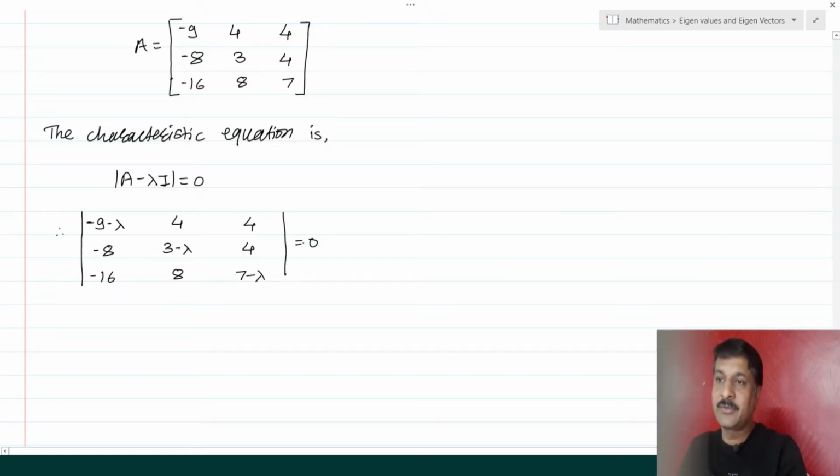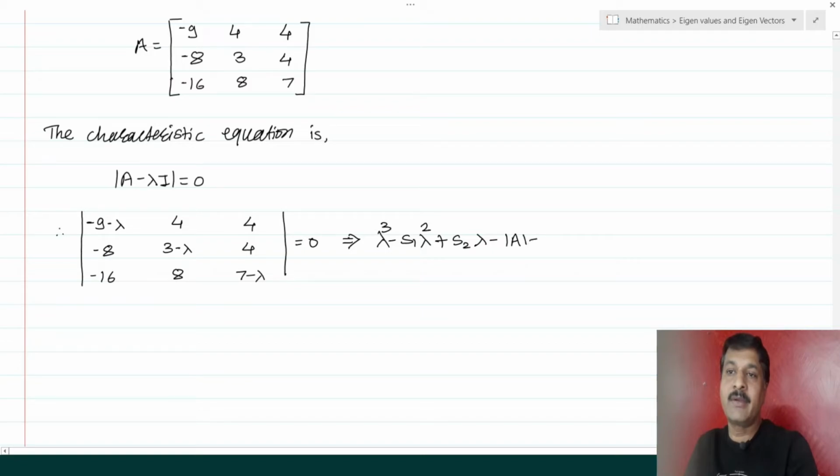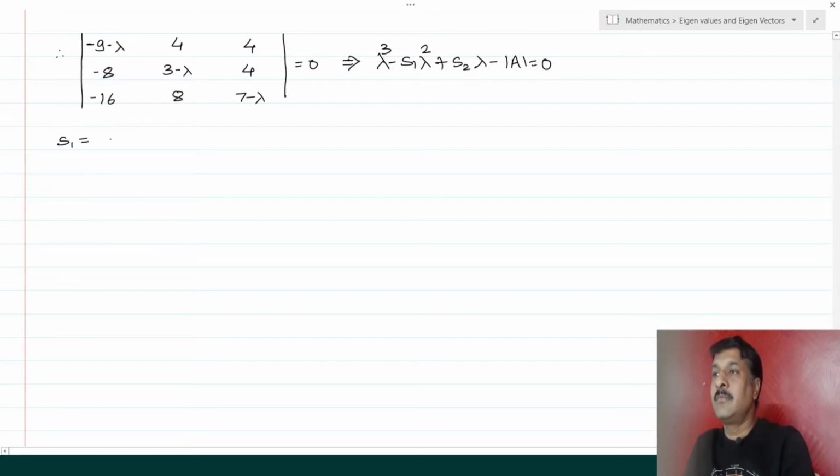That is equal to 0. So as we know, the formula for this is lambda cube minus S1 lambda square plus S2 lambda minus determinant of A equal to 0. So what is S1? Addition of diagonal elements: minus 9 plus 3 plus 7, that is equal to 1. S2 is the sum of the minors of diagonal elements. It is of first 3, 4, 8, 7